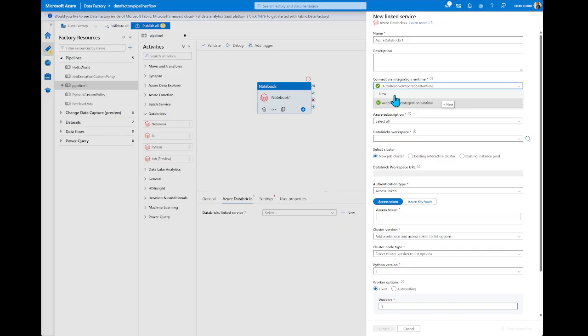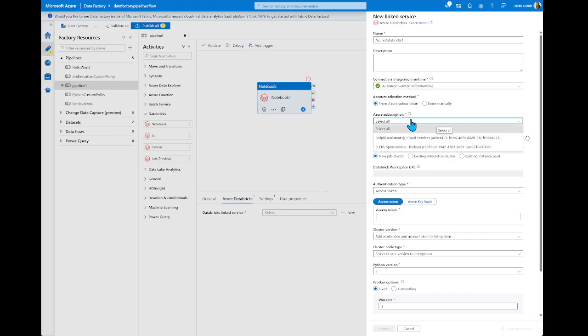For this connection, we needed to create our own runtime, a proxy runtime, to provide the right network between cloud and on-premises, and have this connection in Data Factory. The second step, you need to select a subscription. In my case, we have this subscription. Also, we need to specify the Databricks workspace. I already have this.